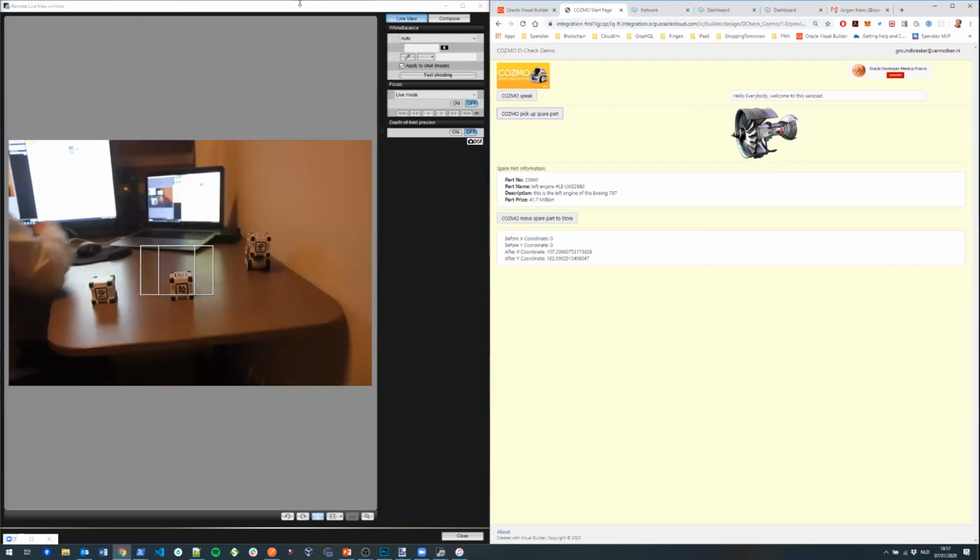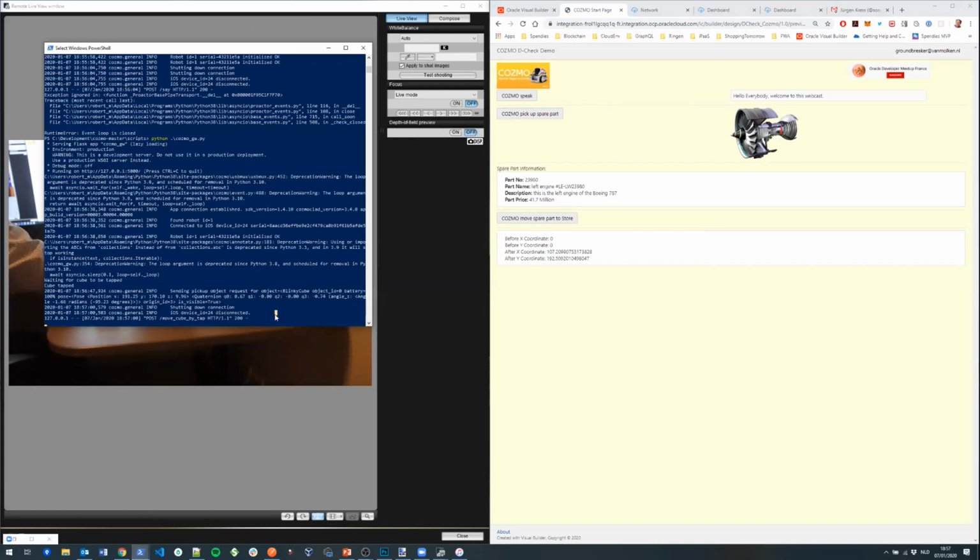So now you see information on the screen change. Before X it was 0, and this is the new X and Y coordinates, right? So it now picked it up, and now I can move it again. So in this case, what I can do is